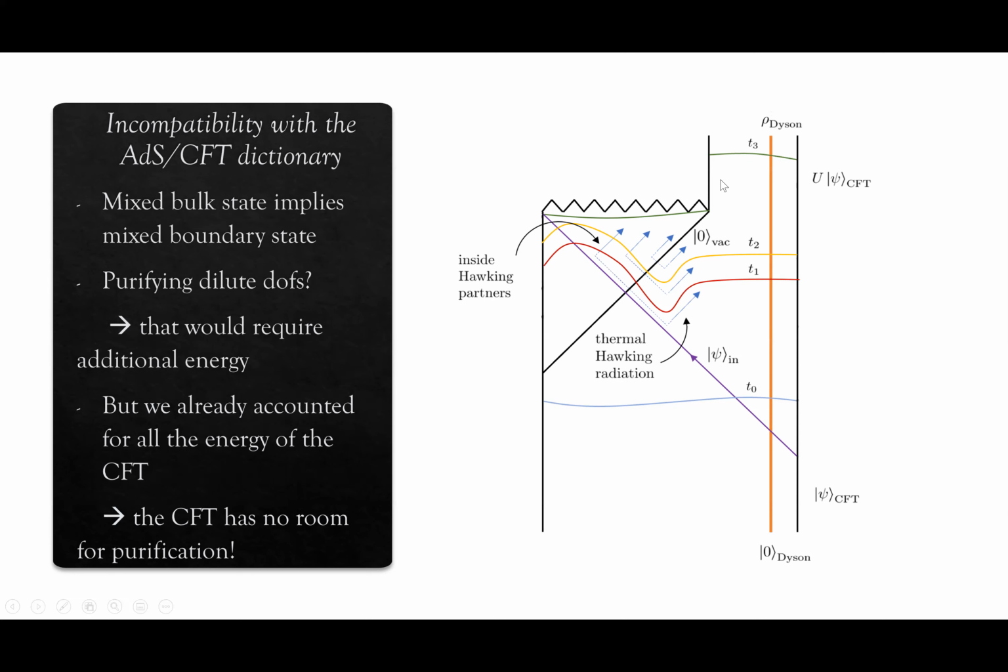And this black hole here that actually carries the purification of these modes is a disconnected manifold and it cannot contribute any energy to the CFT. And so I cannot use it in order to purify this state. So we could have made this picture. This is basically a more detailed analysis of the problem that we could have done in